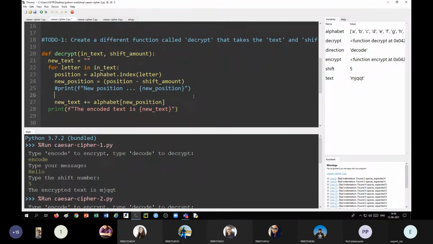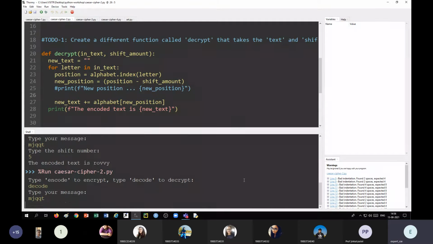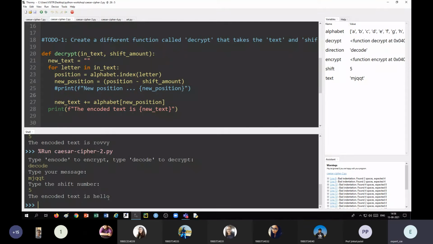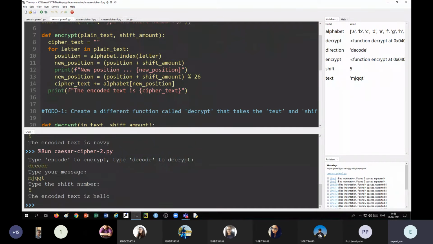By mistake, I kept the plus sign also. Okay, so now I think it should give us the code MJQQT shifted by 5 and we got hello. So this is about the decryption function, right?